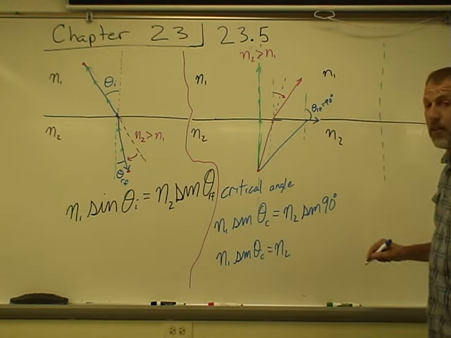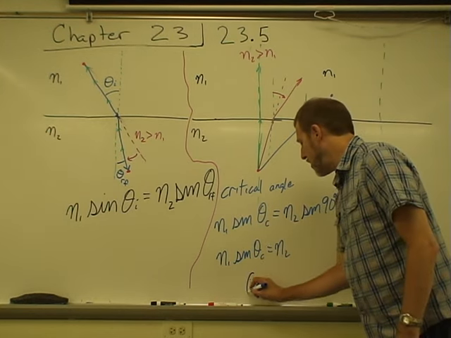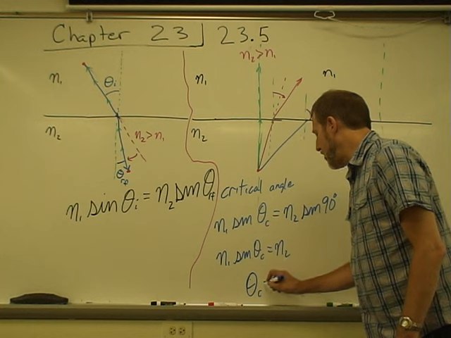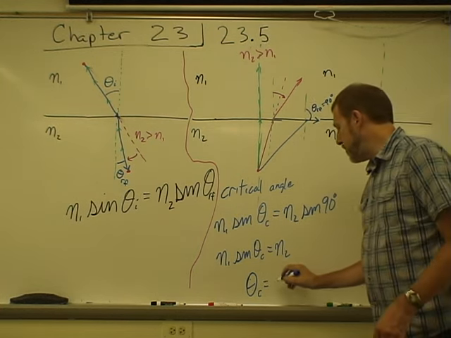Since the sine of 90 degrees is 1, that's just equal to n2, or that critical angle between material 1 and material 2 depends upon